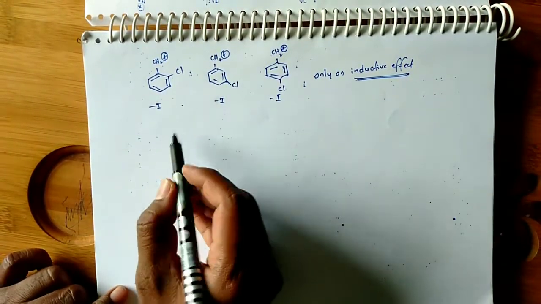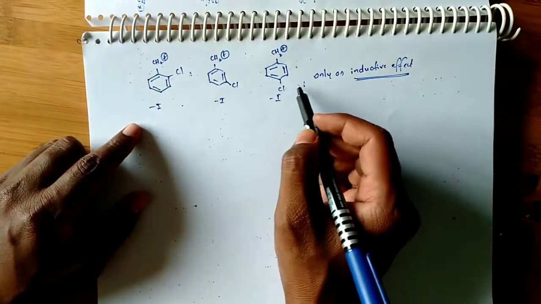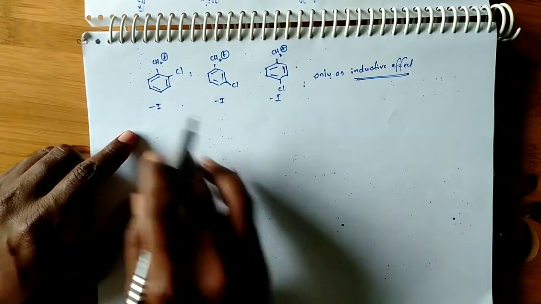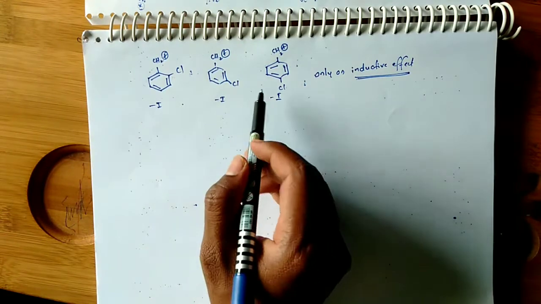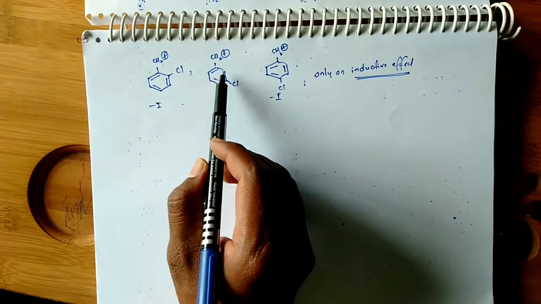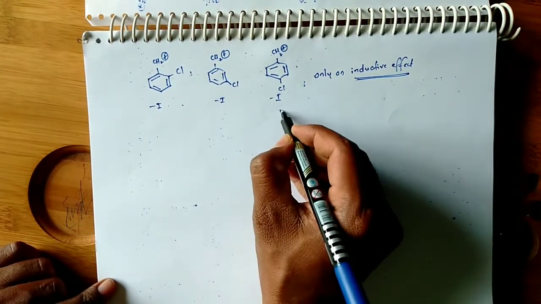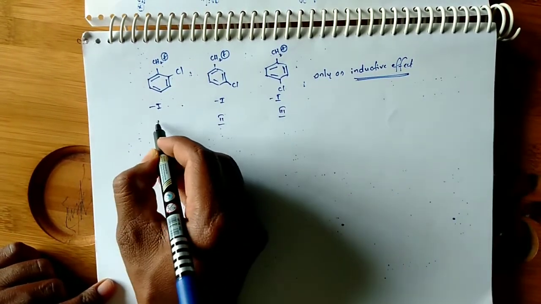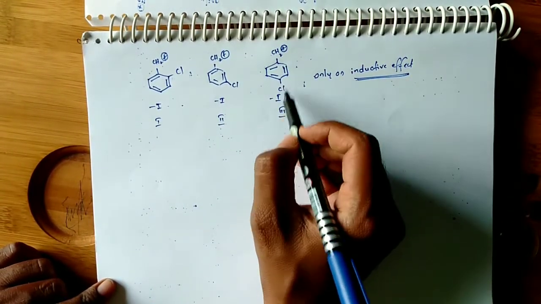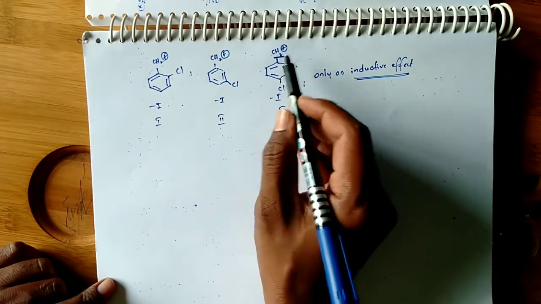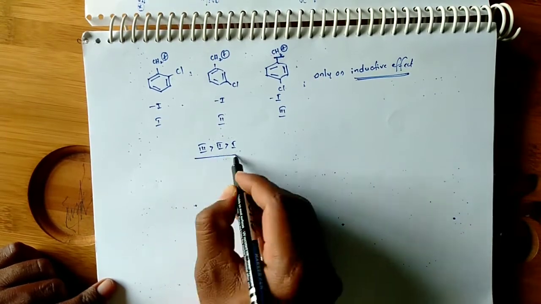Okay, now, which is more stable here? Here electron withdrawing capacity, here electron withdrawing capacity, here electron withdrawing capacity. In three cases electron withdrawing only. Electron withdrawing means it is destabilizing the carbocation. But compared to the first two, in the third case the destabilization is less because of distance. It is far away from the positive charge. So the third one is more stable than the second, which is more stable than the first.